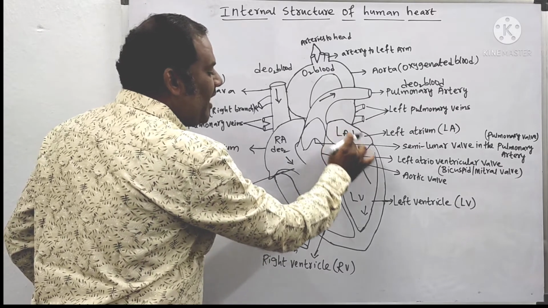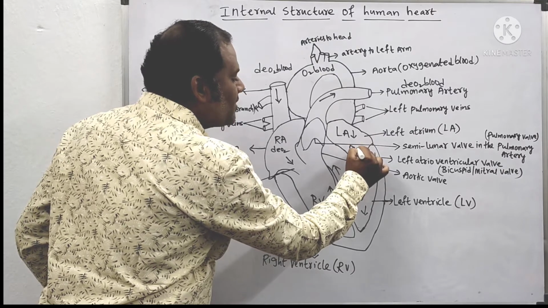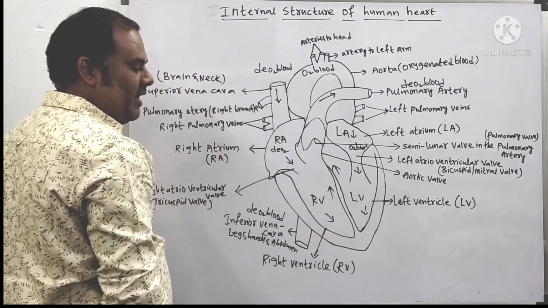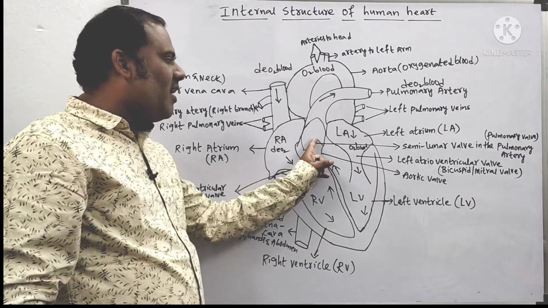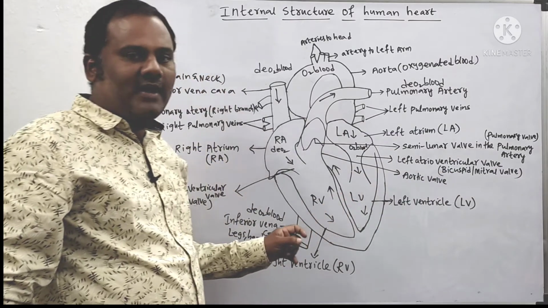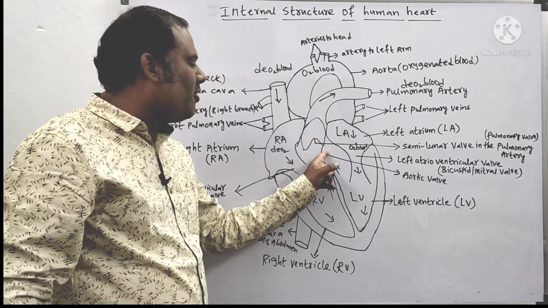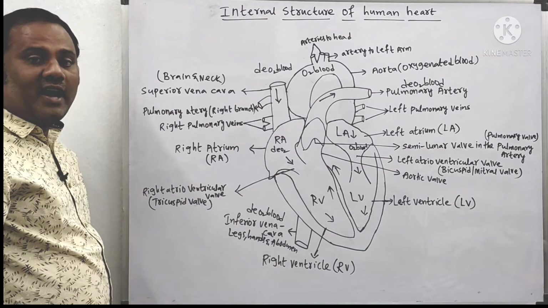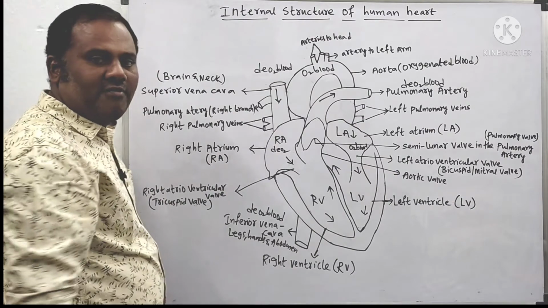At the same time, between the left auricle and left ventricle there is a valve. This valve is called what? It allows oxygenated blood to flow from the left auricle to the left ventricle. So we have four valves. First, the tricuspid valve. Second, the pulmonary valve. Third is the bicuspid, or mitral valve. And fourth is the aortic valve. They are the four valves which are useful in the process of circulation. So this is the way of the process of circulation.